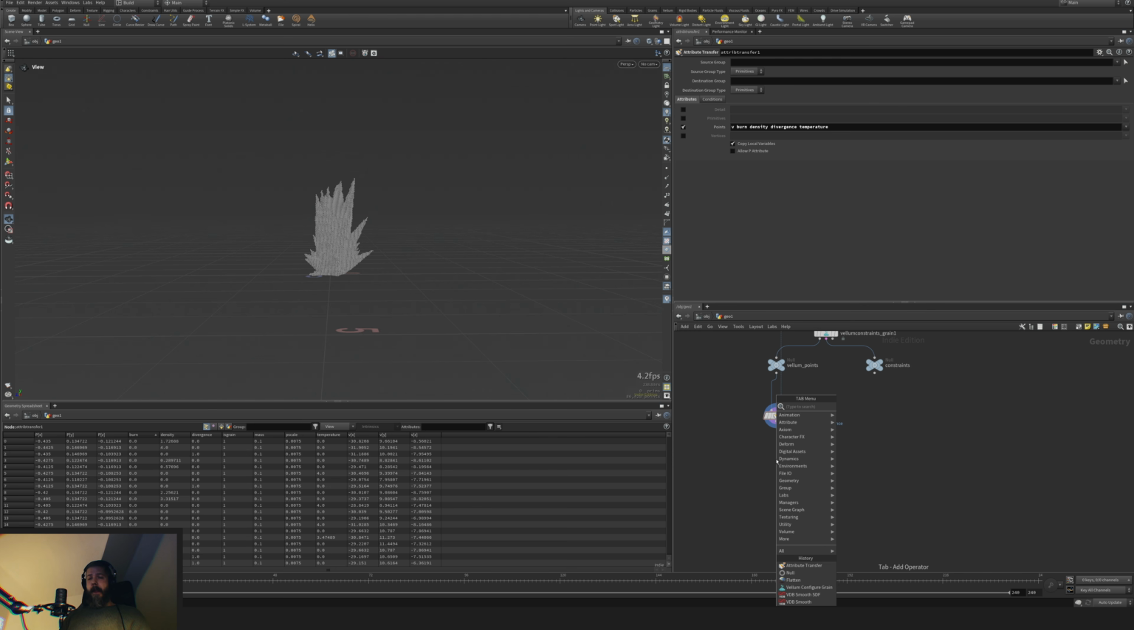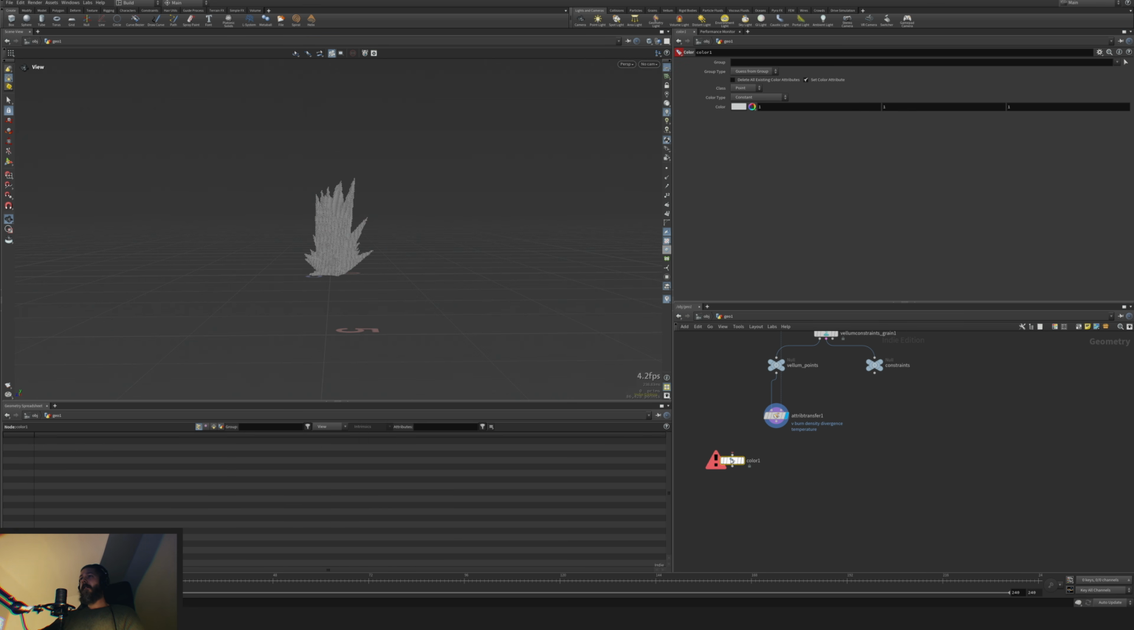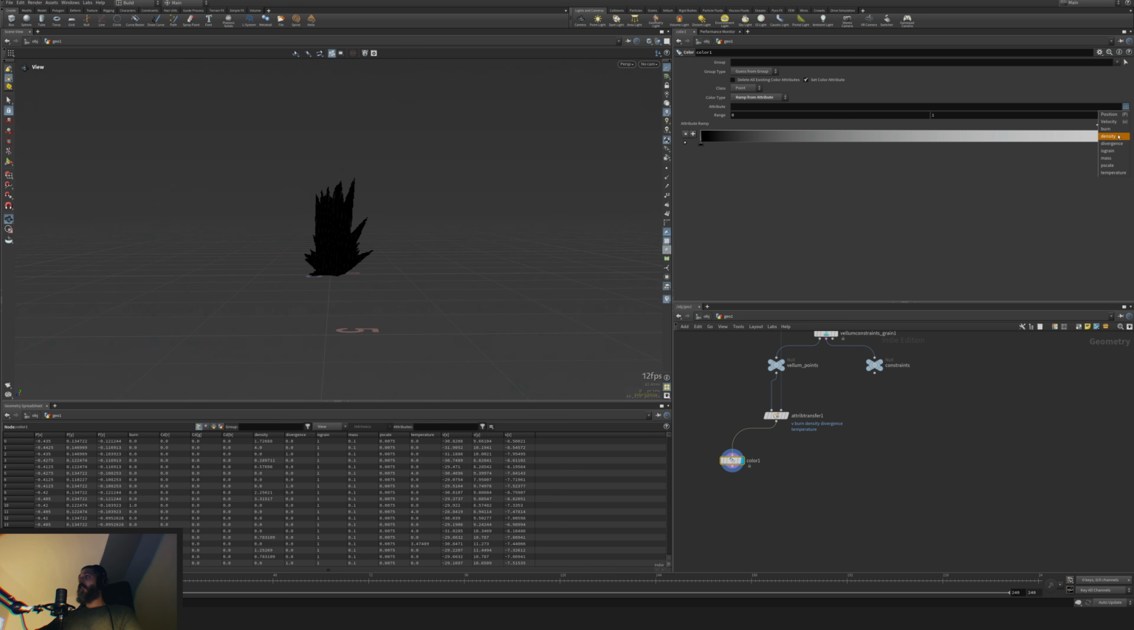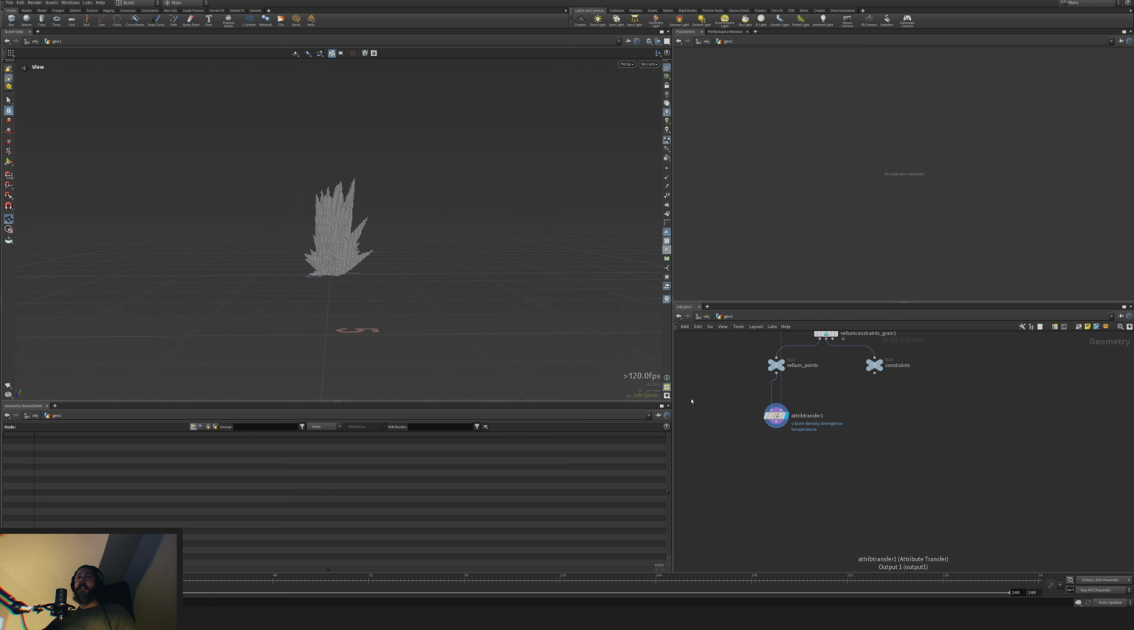And we can look at it. We can say, you know, Ramp from Attribute. I want to look at density, and here we go. We got the density or divergence or temperature. I don't know. It's fine. We need something else, but first,